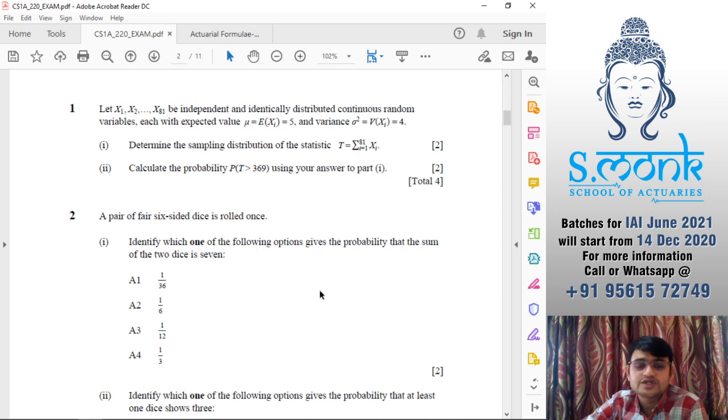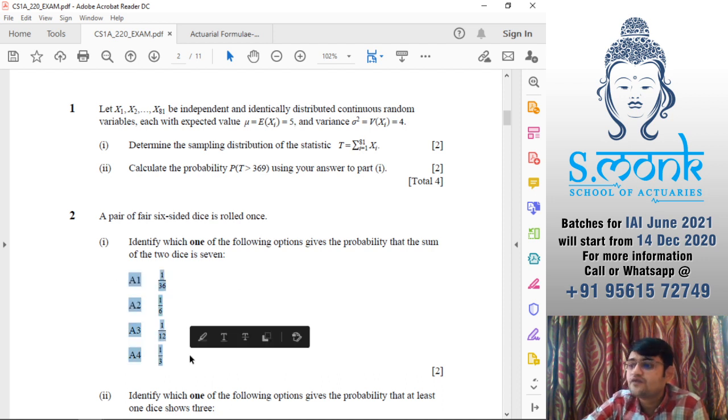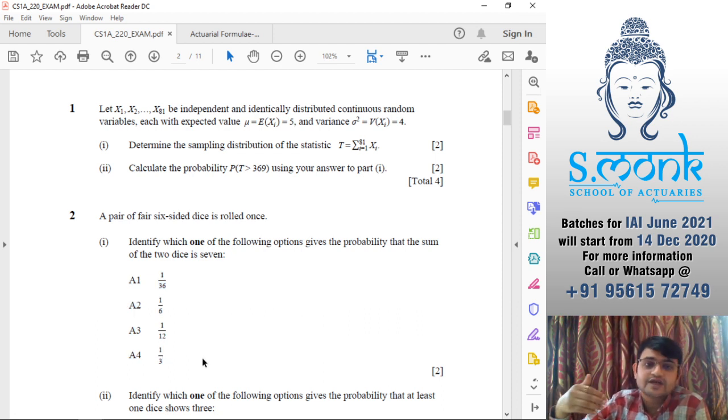If not MCQs, they will give you objectives. Now see, MCQs and objectives, what are the differences? Objectives may not have options. So what happens is, they would give you something like, write the formula for this, or write the answer of this. Do not solve it, just write the answer. They can give you such questions as well, because they understand writing elaborate equations may not be possible when we are solving the paper in Word.